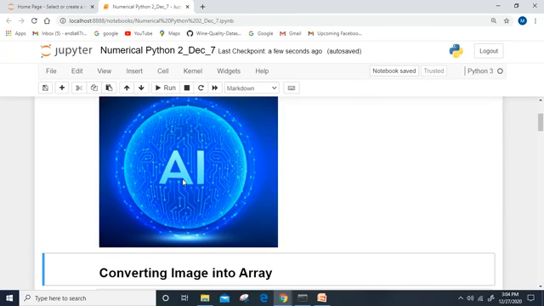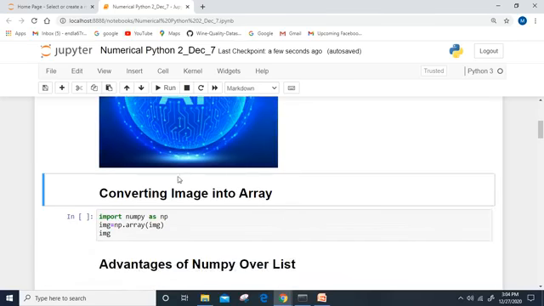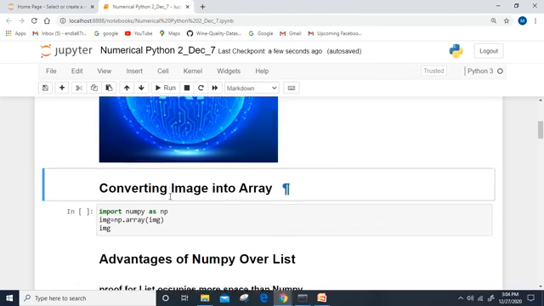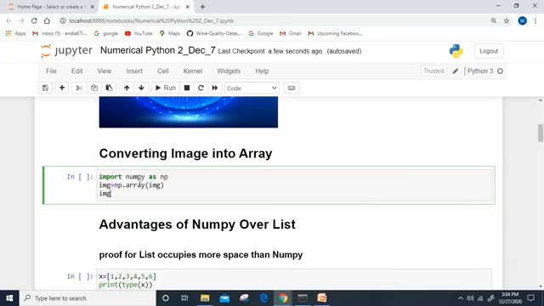To know what kind of procedure is going on behind this image while reading, let me convert this image into an array. To convert that, I'm importing numpy. I am taking the alias name np for that. Whatever alias name you have taken, you have to use it to call any function from the numpy library.